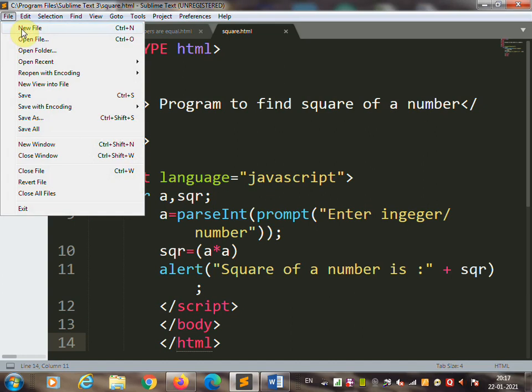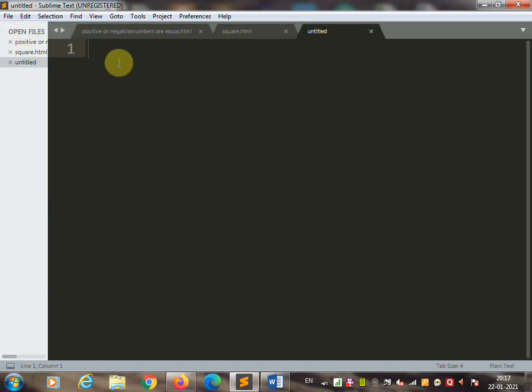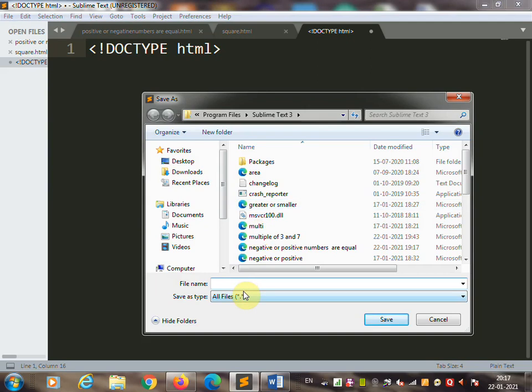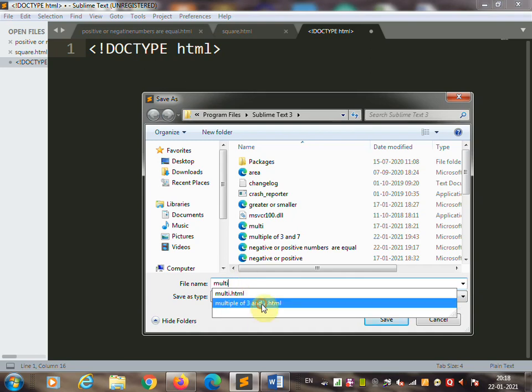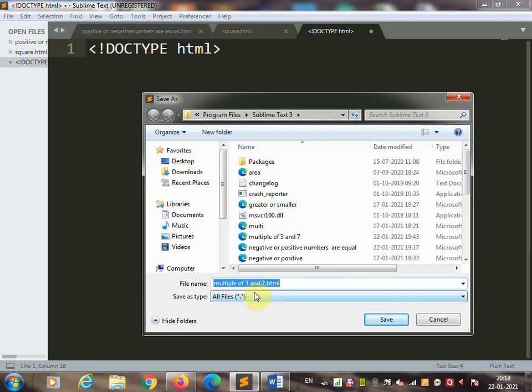Go to the file, click on new file, and then start writing the basic tags. Doc type HTML. Save this file as multiple of 3 and 7.